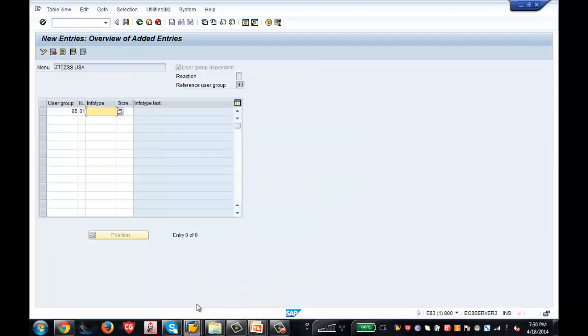Similarly, for this particular tab, how many info types you want to see? 0000, this one is the first one you want to see. 0002, 0001, you only want to see 2, for example, or you can have some more like 86 and give some other info types like 0008, which is basic pay. Now you have defined the info type tab and the info type which it should show for this user group called 86. Now you can also give permission to another user group called 00